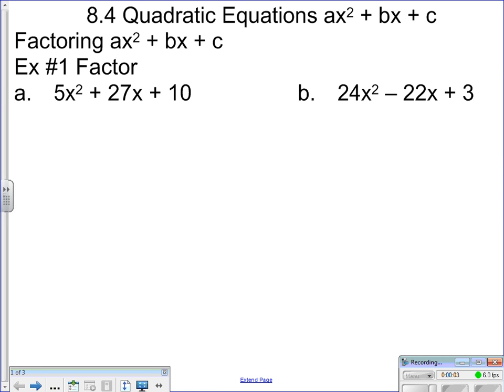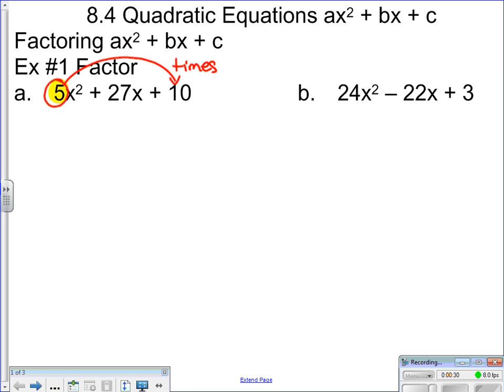Lesson 8.4, quadratic equations that have a number in front of the x squared. So they no longer have an a equal to 1. If you notice, unlike in 8.3, there's a 5 in front of the x squared. Now the easiest way to get rid of that 5 is to take it and multiply